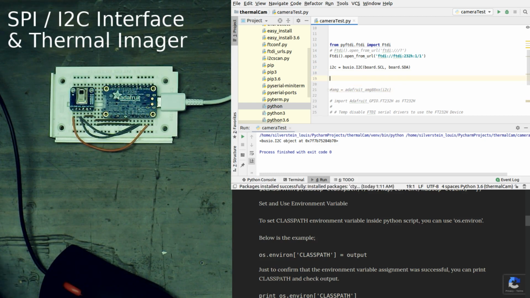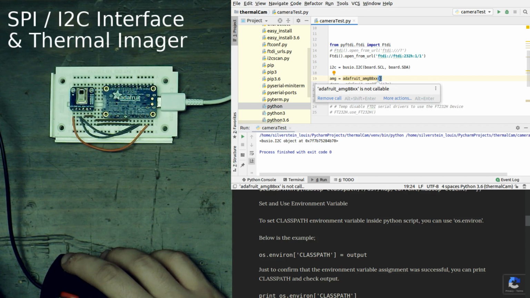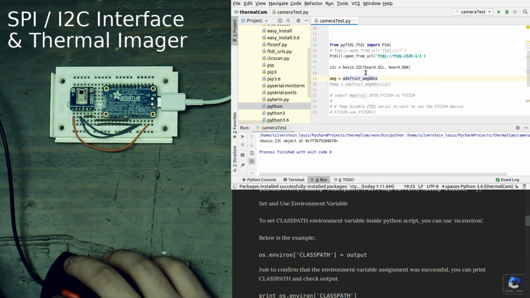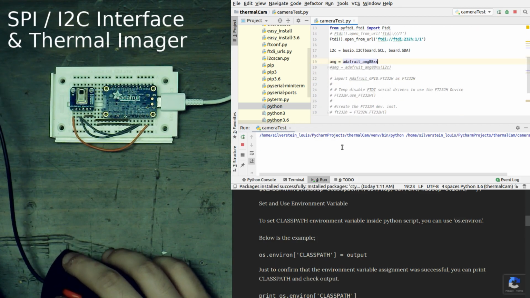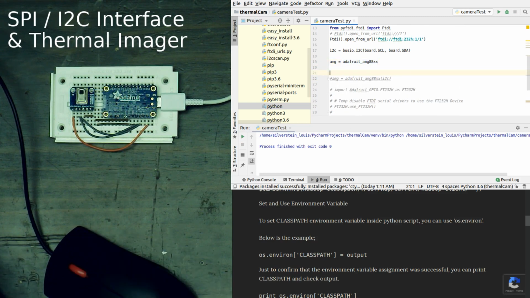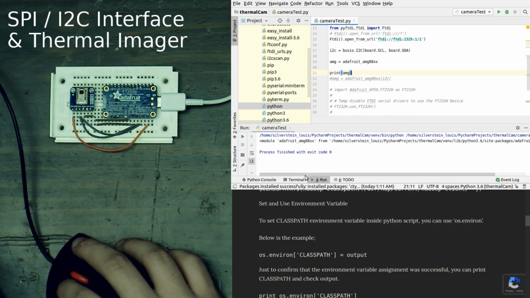So now what I'm going to do is reconstruct this thing here, AMG equals ADA, and let's see what it asks us for in here. Is there anything in this? It says it is not callable. So what happens if we just do this? Let's see. And we have it being imported there. What happens if we just press this? Okay. So now we're going to print AMG and see what's inside of AMG. Okay, so it says module,